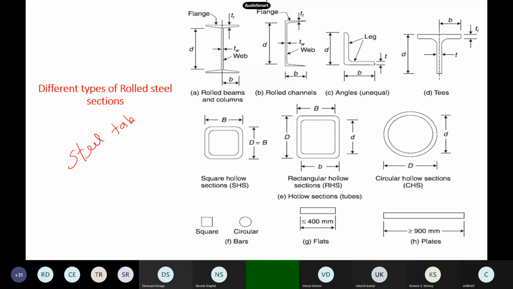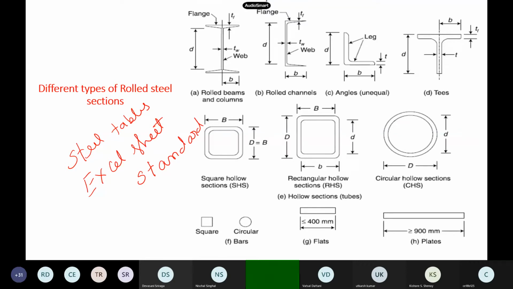If some of you are interested, if you search in Google, somebody has even given an Excel sheet for this. You can download this sheet. If you type ISMB, the details automatically show up, or there may be several apps also giving all the details. These are the standard shapes which are manufactured in our factories and which are available in the market itself. All of them may not be available.